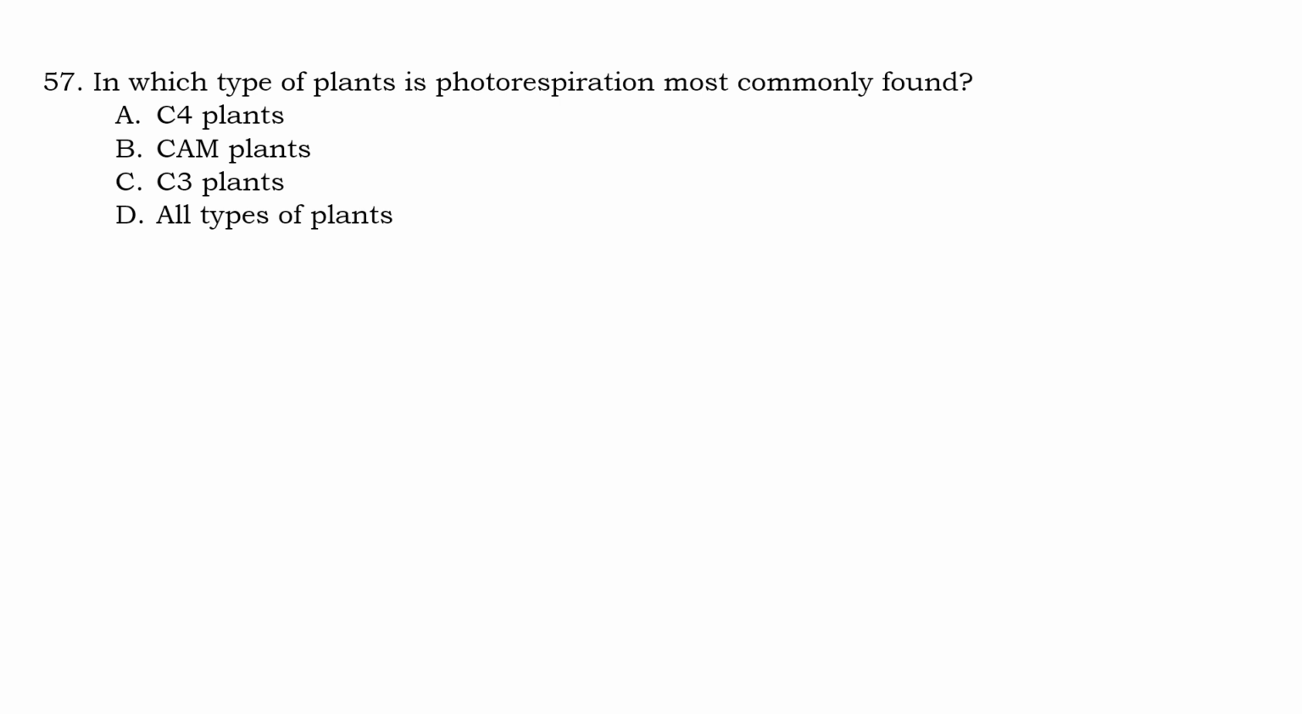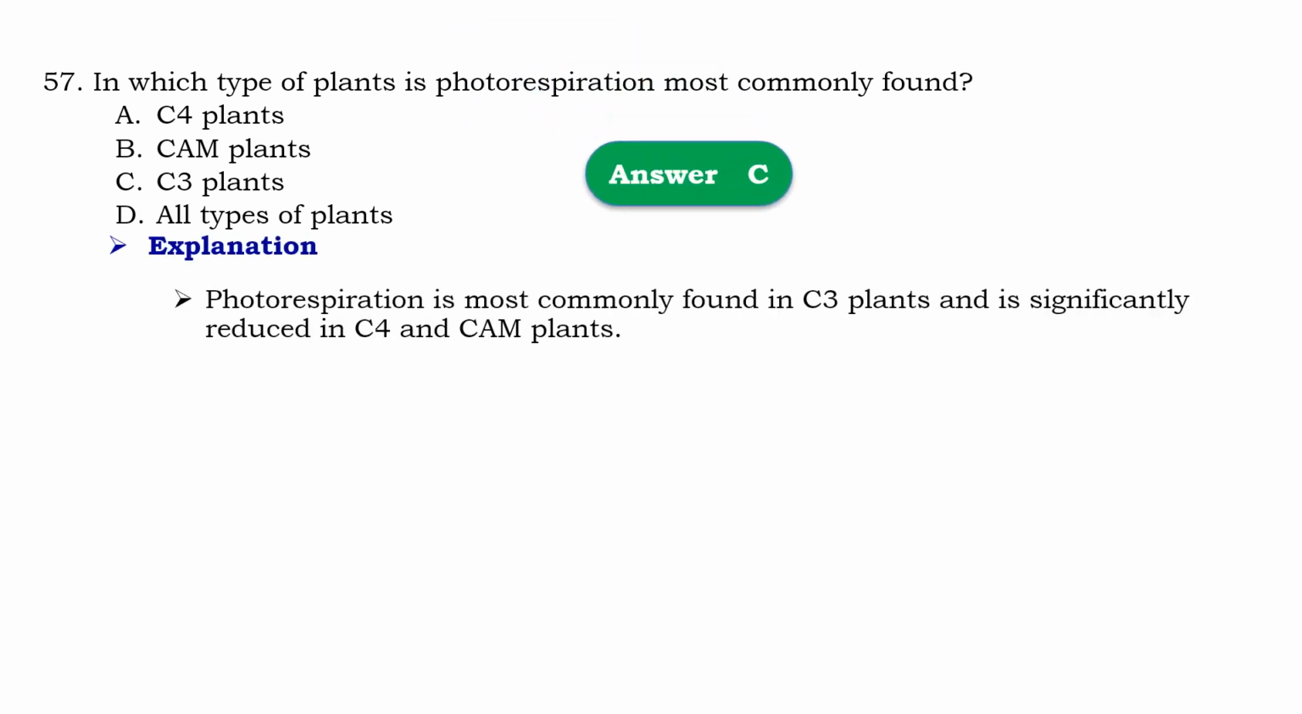So that should be C, carbon 3 plants. Means that photorespiration is most commonly found in carbon 3 plants and is significantly reduced in carbon 4 and CAM plants. So photorespiration carbon 3